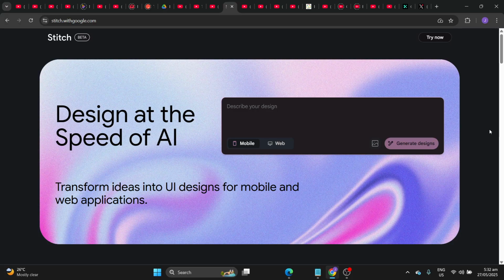I'll also be showing what I build myself, just interesting times when it comes to the world of programming, considering that we now have the ability of coding our intent in one prompt, no code. So this is a product of Google. Basically, it's focused on UI designs for mobile and web applications. We're going to see how proficient it is when it comes to designing. I'll do a series of videos on this product alone.